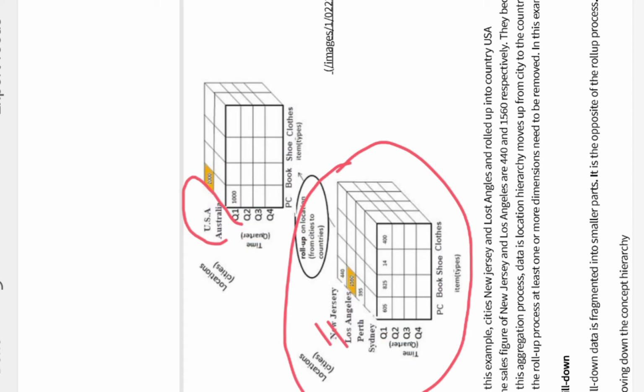That's why I am putting them in one attribute. And I am having Perth and Sydney. You can see Perth and Sydney are in Australia, so that's why I am combining them into Australia. Now see how the value will get combined, that also I'll talk about.